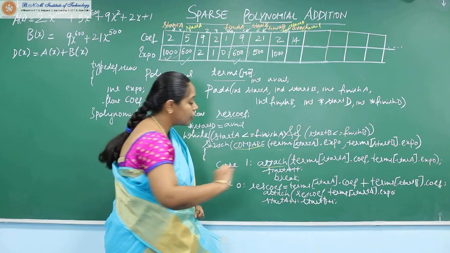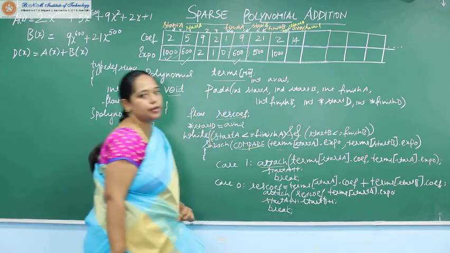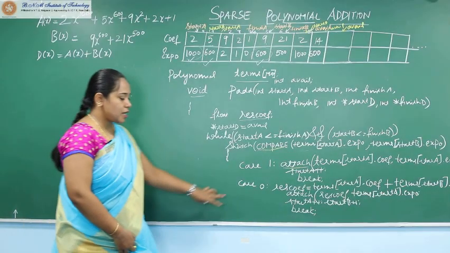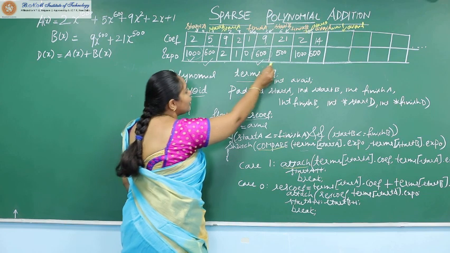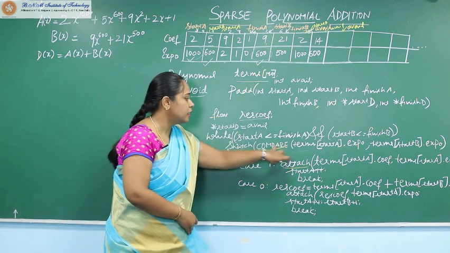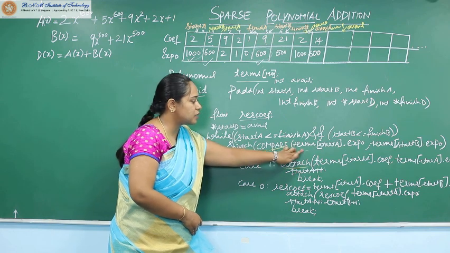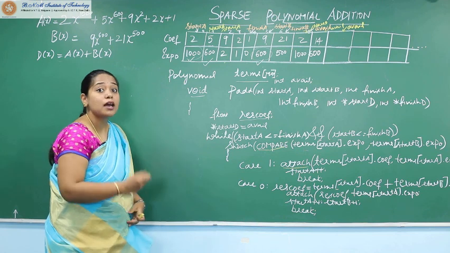Anything else to be done here? No, that's it. So that's a break condition for us over here. So we did the case 0. Now the comparison is between 2 and 500. Again we call the same compare macro, and the comparison is between 2 and 500, and definitely it's a case -1.